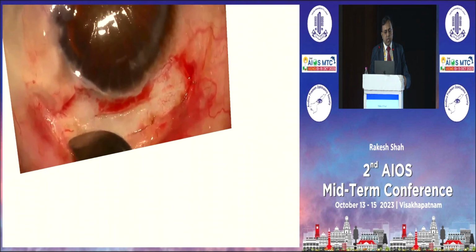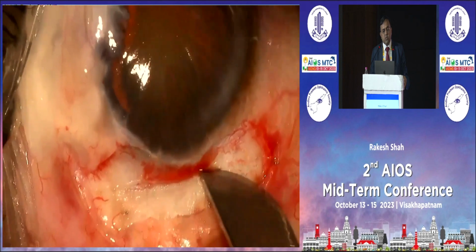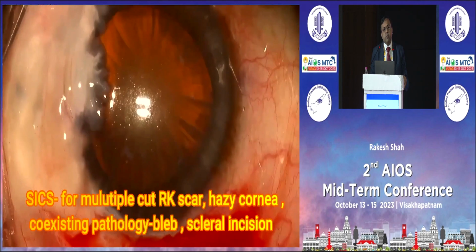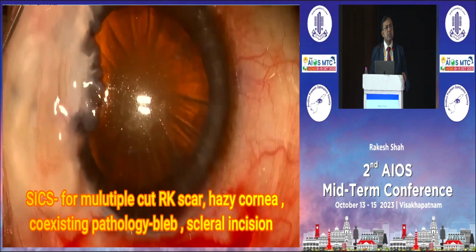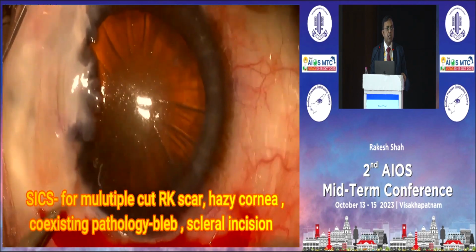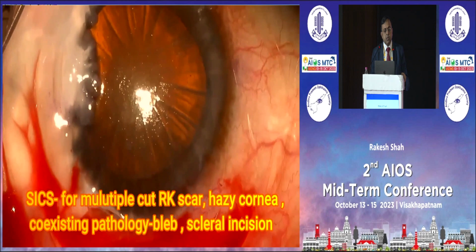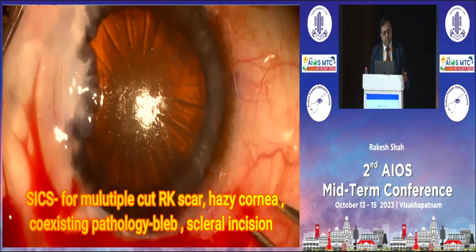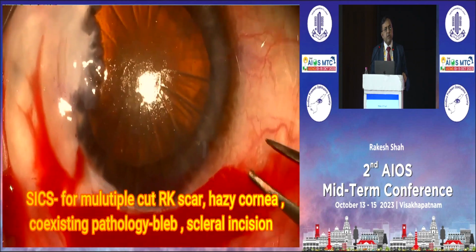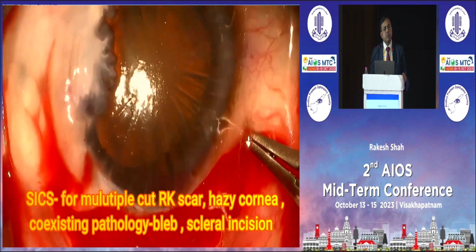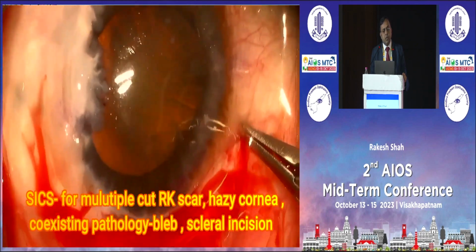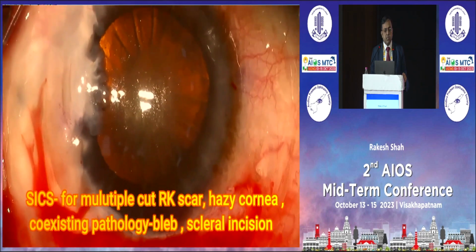And sometimes we really do get very bad cases of almost more than 32 scars, bad brown cataract, with pre-existing surgery, a trab surgery done, and then SICS is really useful in such cases, where you can do a small incision cataract surgery. Again, in such cases, the biometry becomes very difficult and there is a lot of irregular astigmatism. So in this case, we had planned for smart toric lenses, customized lenses, in this patient.